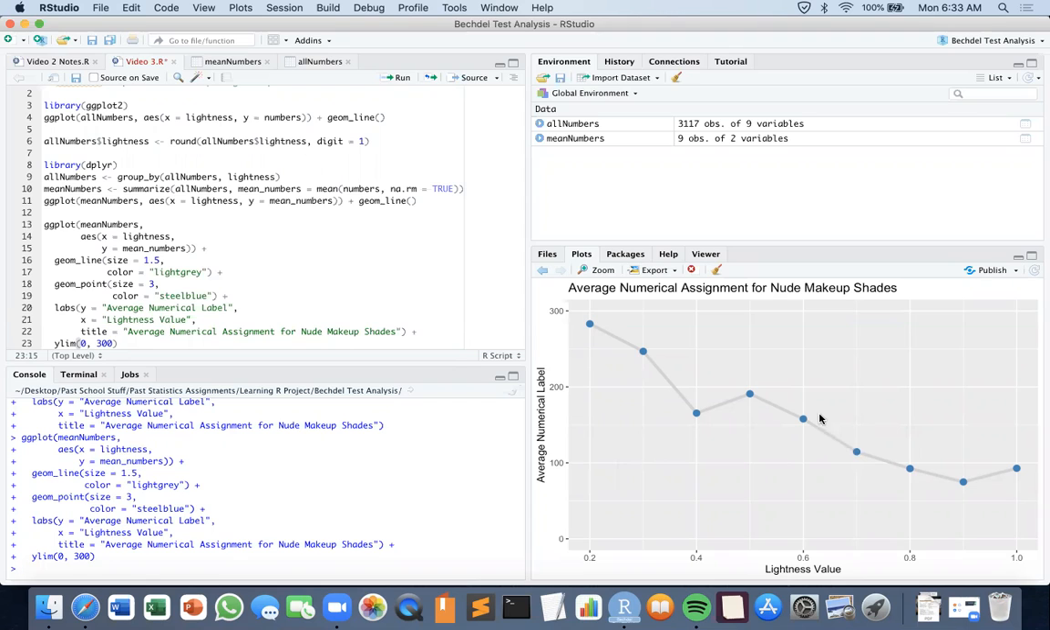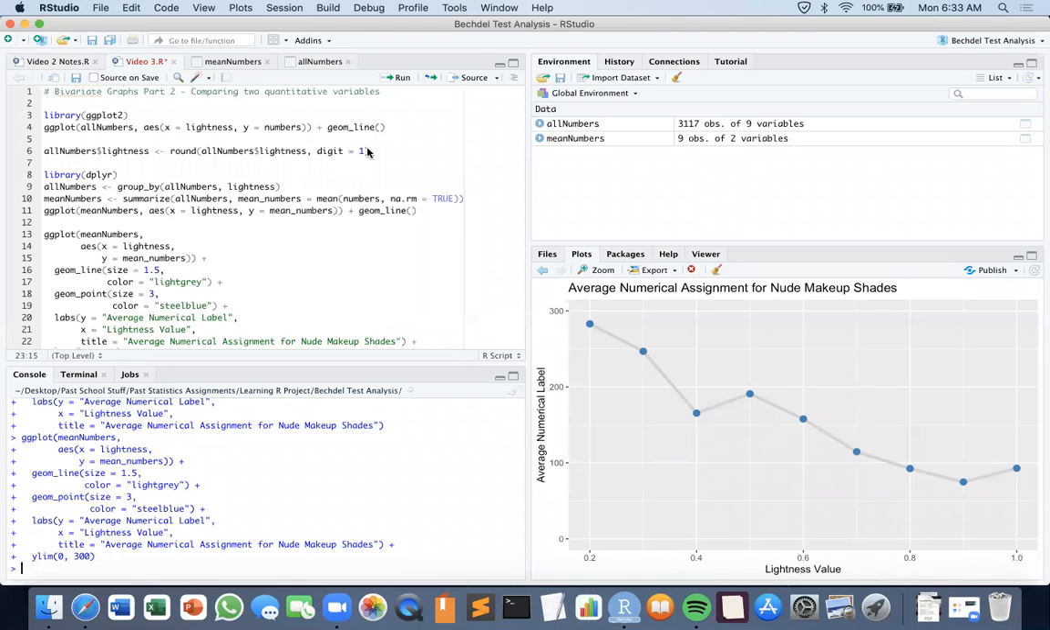So yeah, I think I'm going to end this video right here. And in the next video, we're going to talk about our final type of bivariate graph, where we're going to be comparing a quantitative variable to a categorical variable. But actually, before I end this video,